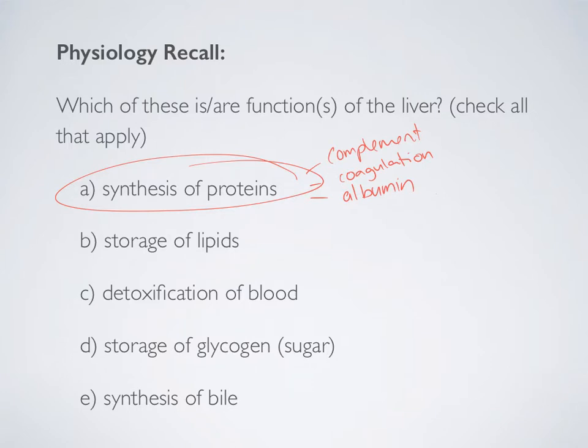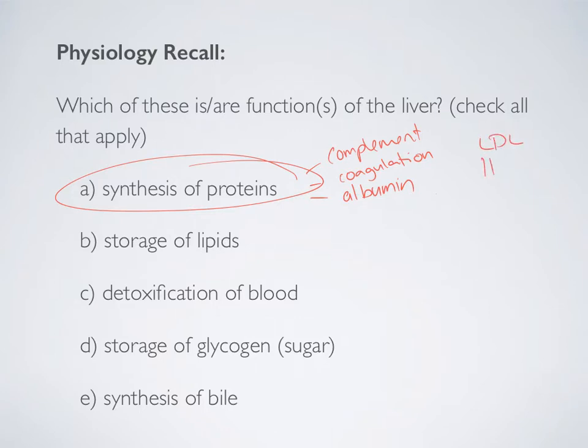So again, albumin is very important. If you lose it because your liver's not working, you'll get swelling. If you lose it because of massive proteinuria due to glomerular damage, then you'll also get massive swelling from that. And then there's a lot of other proteins that are also synthesized by the liver. Other ones,